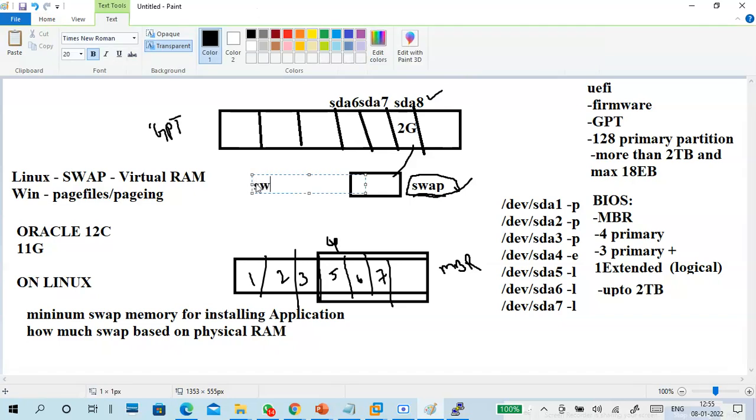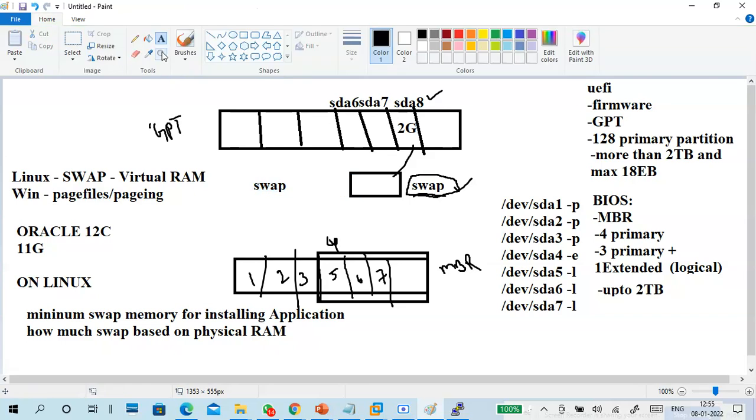So swap is a virtual RAM. So we have to mount our newly created swap to the existing swap. We have to add our swap to the existing swap.